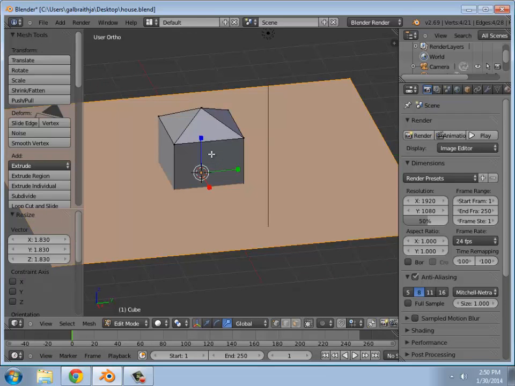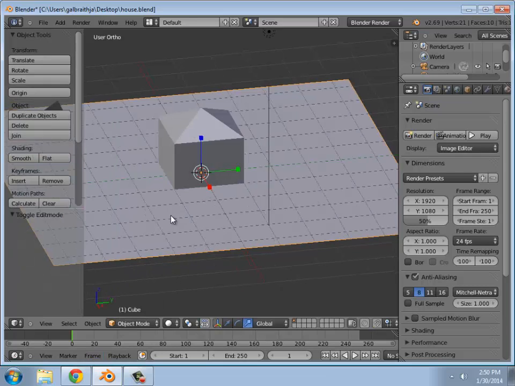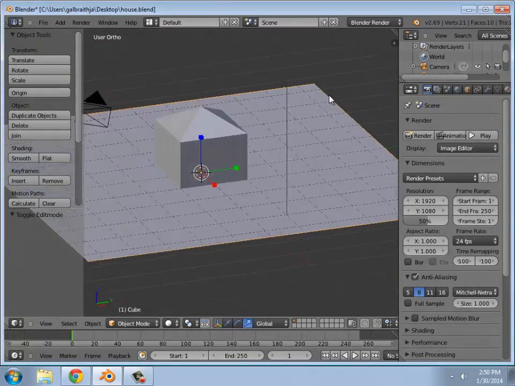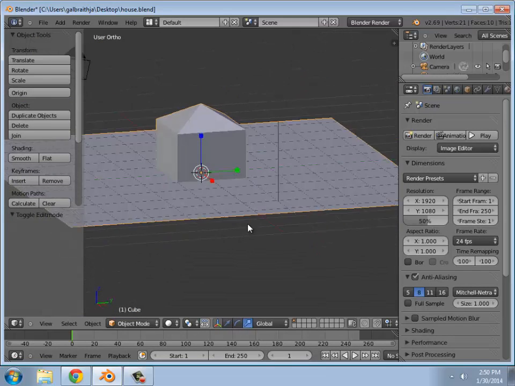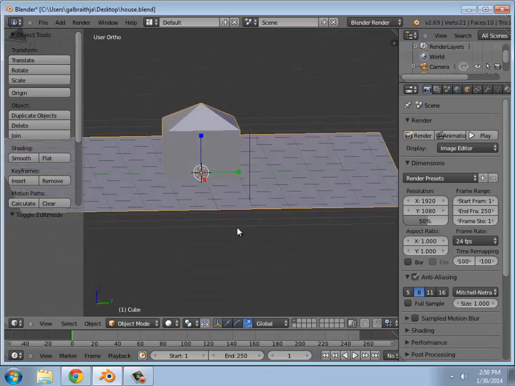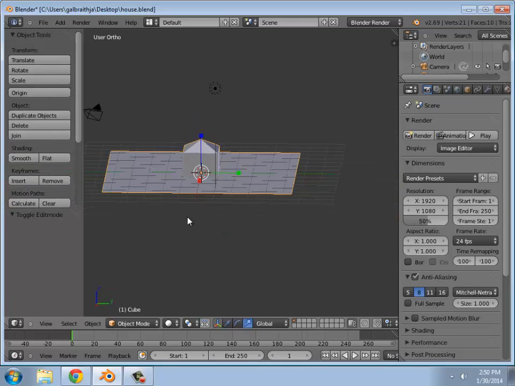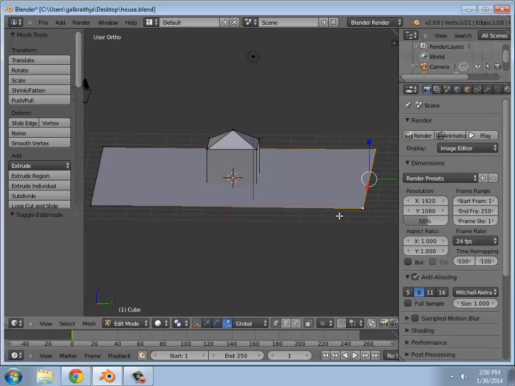Now, are these two separate objects? If I'm in object mode, oh, I'm sorry, I did that in edit mode, so they are now the same object. If you want them to be separate objects, you can actually pull them apart. If you were in object mode when you added that plane in, it would actually make them two separate ones. So let's say that I do want to make these two separate things. I would really like my plane to be something else. What I'm going to do is go back into edit mode, and select the 4 points of my plane